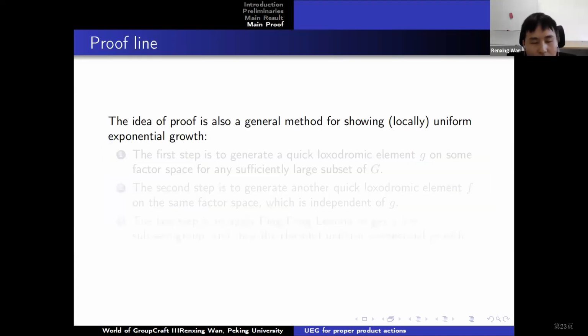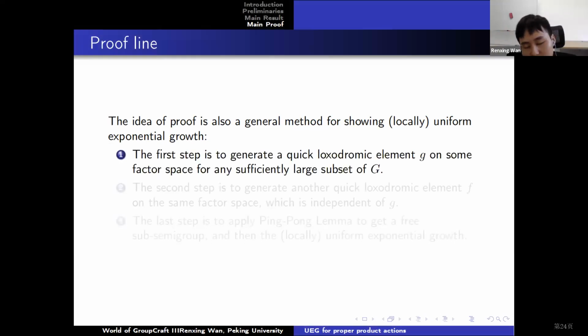Okay. Then how to prove our result? The proof idea is also a general method for showing locally uniform exponential growth. The first step is always to generate